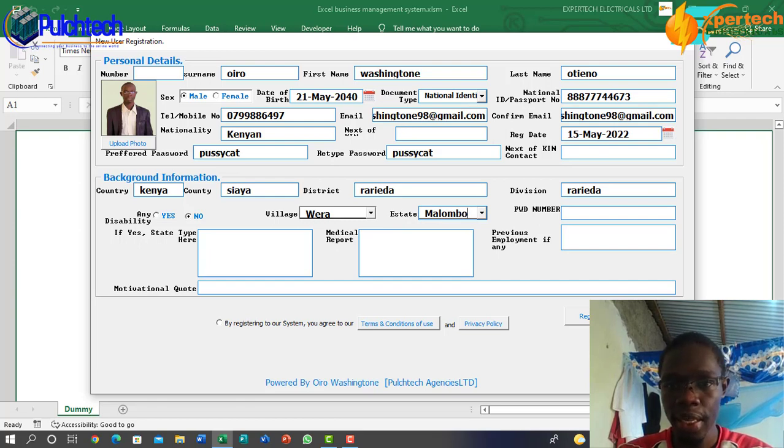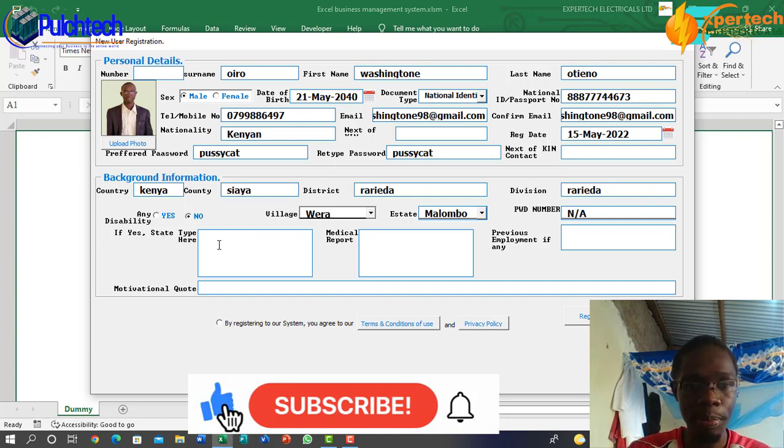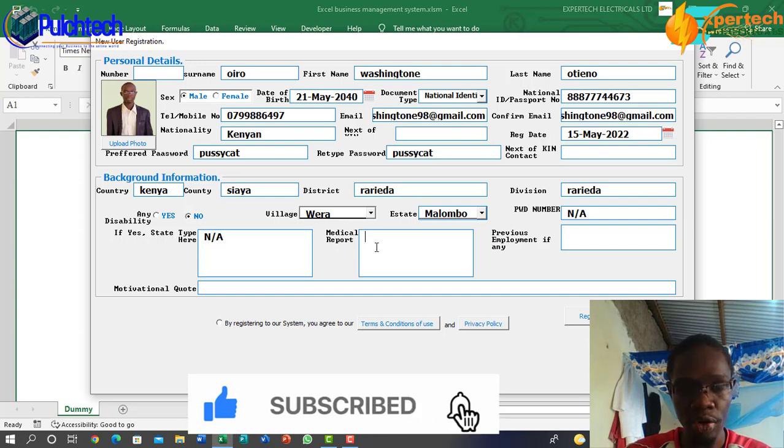Then in case you indicated that you are a person with a disability, the system will require you to provide the PWD number, that is persons with disability number, of which this one is always given after providing the medical report. So in my case, I'm just going to key in not applicable. Then if yes, state type. So at this point, I'm just going to write not applicable, then medical report, not applicable,